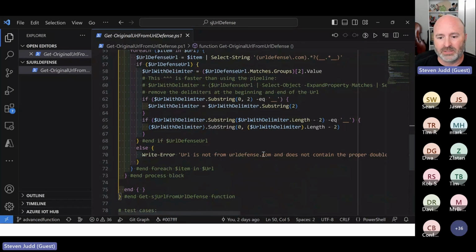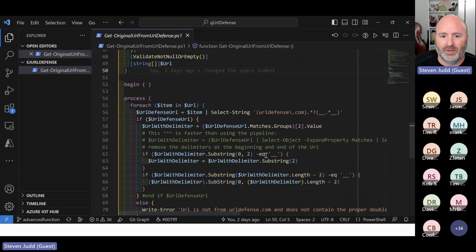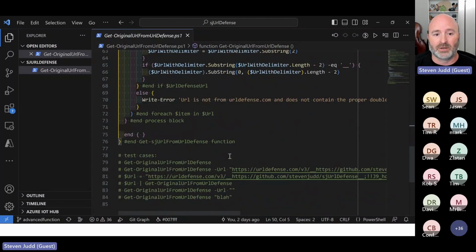Otherwise the URL is not from URL defense. Wait, how did I get URL defense? Well, that was from having urldefense.com in my first capture group. So I'm now checking to make sure you're giving me a valid URL that comes from URL defense that has double underscores, and I'm using that to determine what I should return.